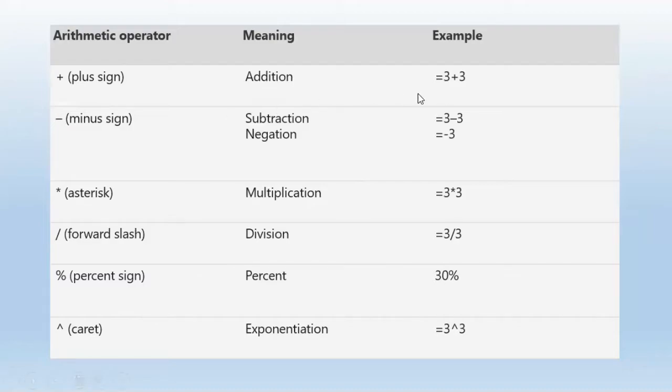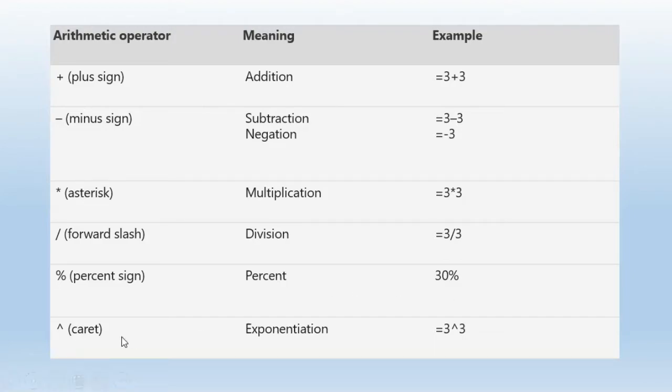Now, moving on to the arithmetic operators, their meanings and examples. Plus is very common; you all know the addition sign, and the subtraction sign. Then the asterisk: in MS Excel we use the asterisk sign for multiplication. So 3 asterisk 3 means 3 multiplied by 3. Then we have the forward slash, which is the division sign. So whenever we write 3 slash 3, 4 slash 3, 5 slash 3, or 9 slash 8, it means 9 divided by 8.